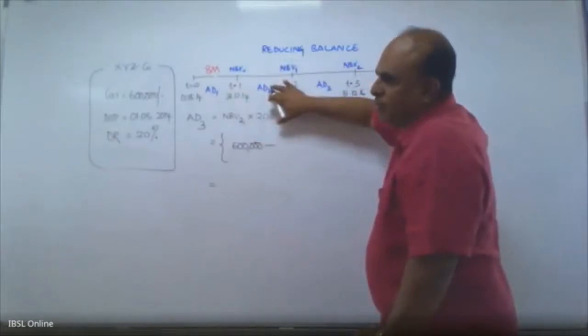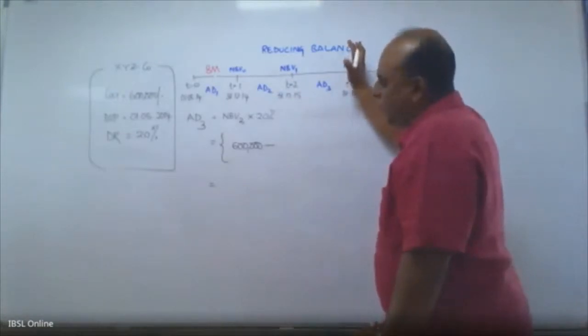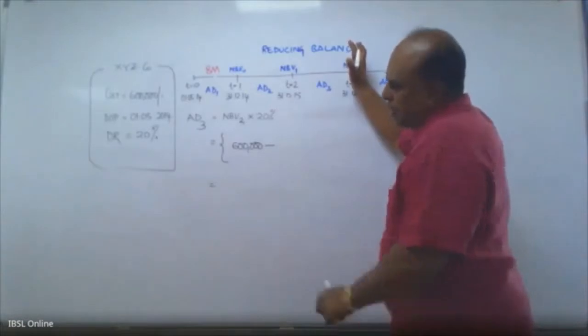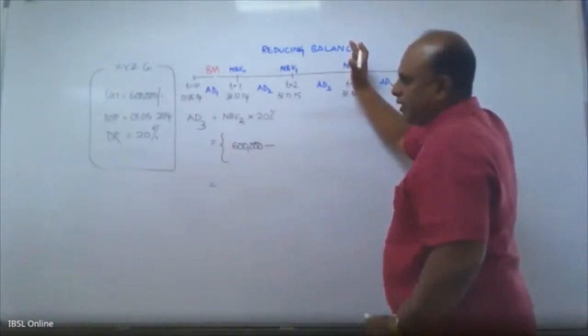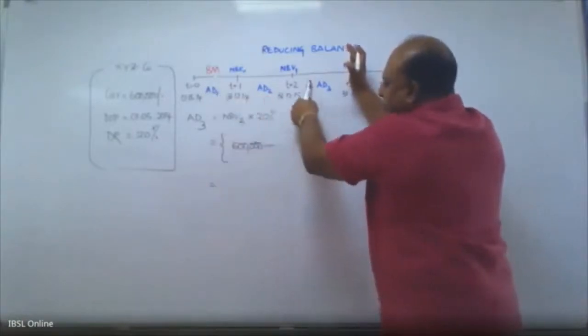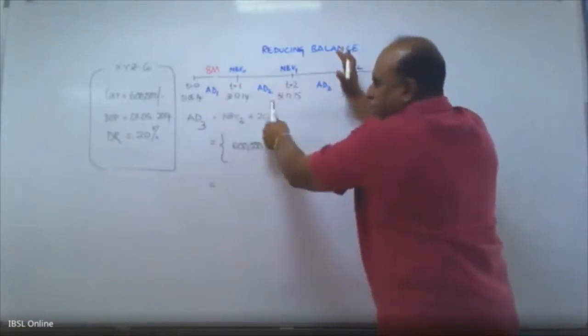You understand that? Your net book value at this point is cost minus accumulated depreciation. So what is cost? 600,000. What is accumulated depreciation? AD1 plus AD2. Because I am trying to calculate AD3. So AD3 is not considered. AD1 plus AD2. So which means